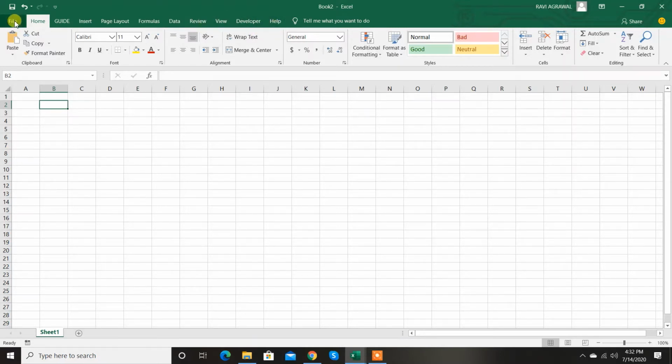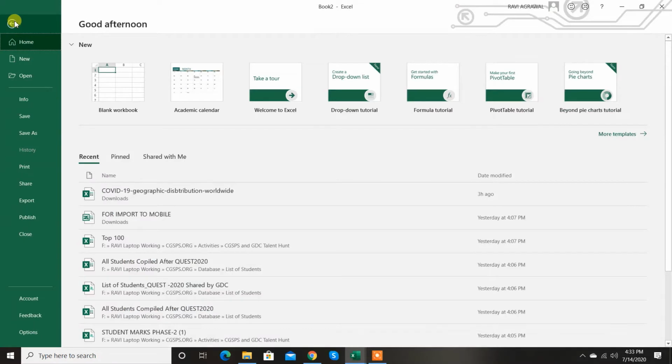First, we'll talk of file. The file menu is the leftmost item in the Excel ribbon. The file ribbon item enables you to perform file management functions including open, save as, close, print. You can also use the file menu to import from external sources and into Excel, along with the options that allow you to tweak Excel itself. The main tip is the file menu does not appear as a ribbon in Excel for Mac. Instead, the file menu appears in the application menu bar, right?